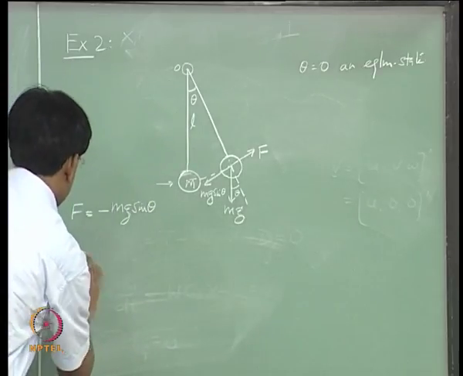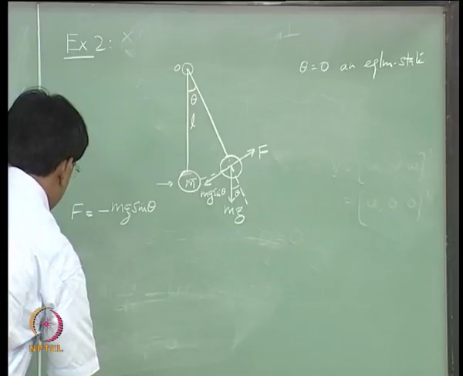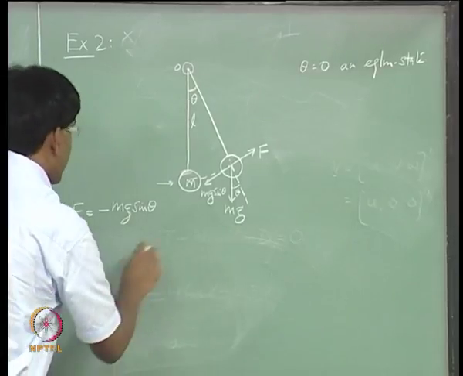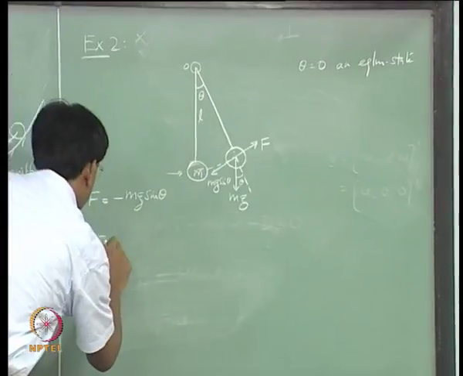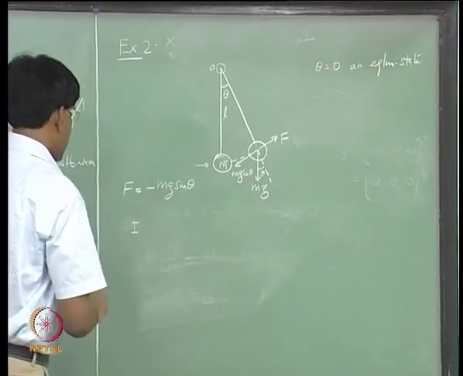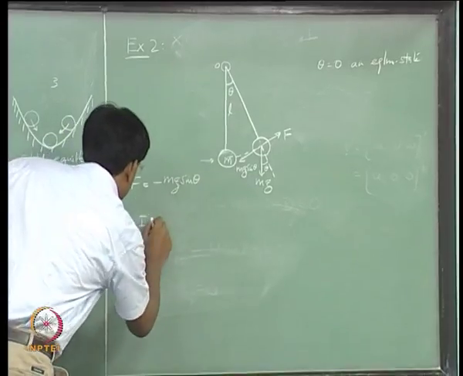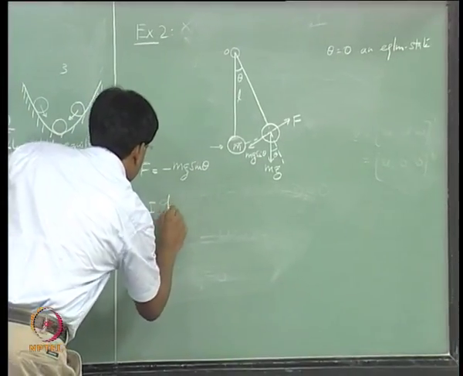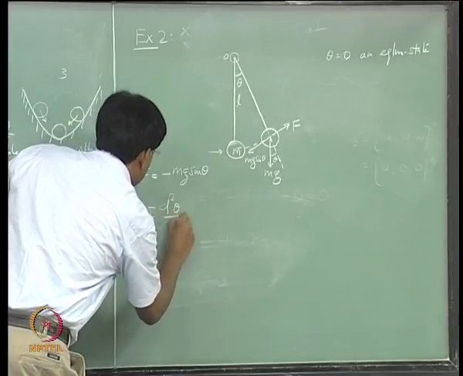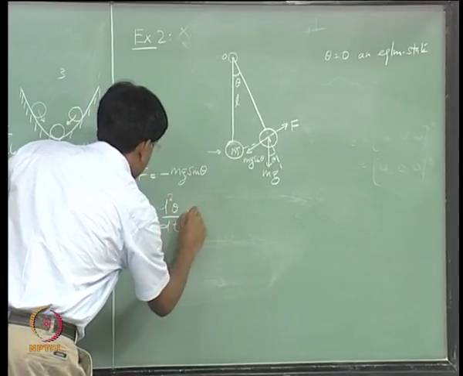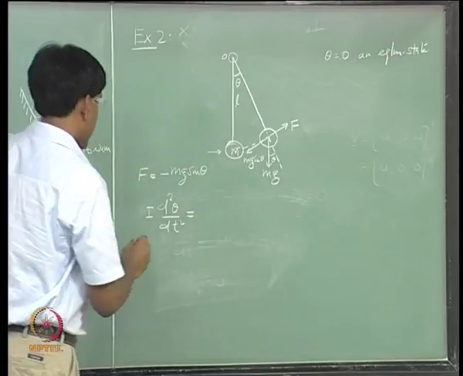This pendulum is having an angular motion about the suspension point, and I is the inertia of mass m, the rotational inertia of mass m. The equation of motion is